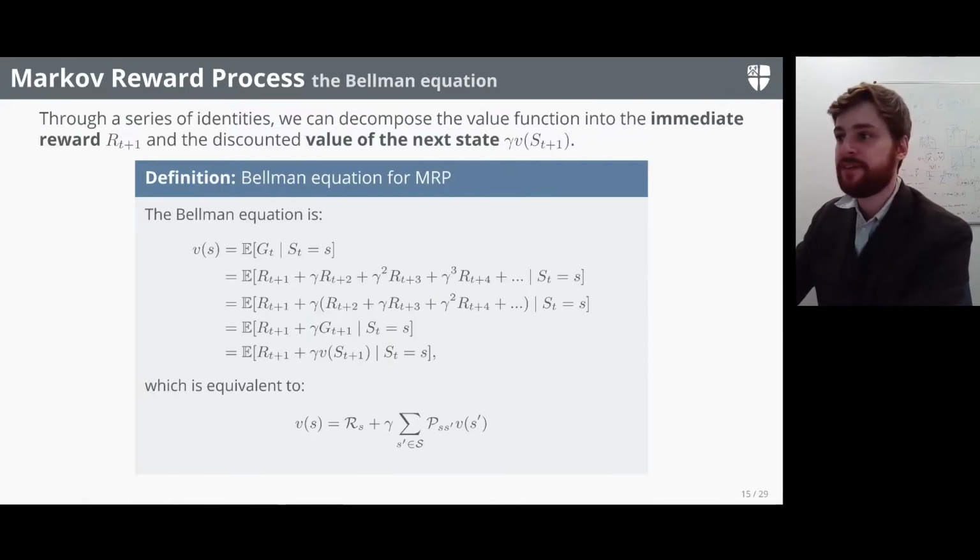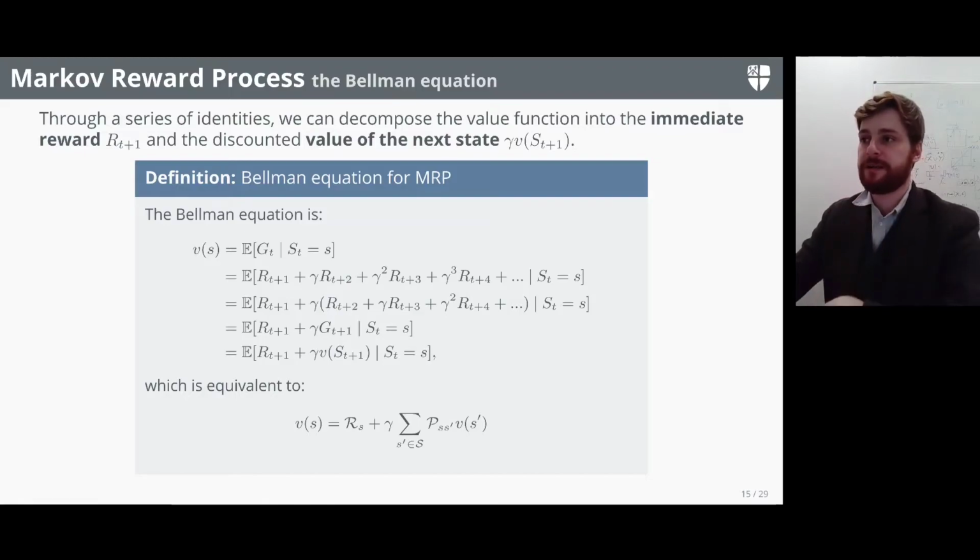Okay, and now this brings us on to another really central idea of reinforcement learning, which is really where a lot of the advances in this field have come from, which is the Bellman equations. So we want to know how good it is to be in a particular state. We want to know the value of the states, as we saw. And the Bellman equation really just follows a series of identities that rearranges that value function definition into a more